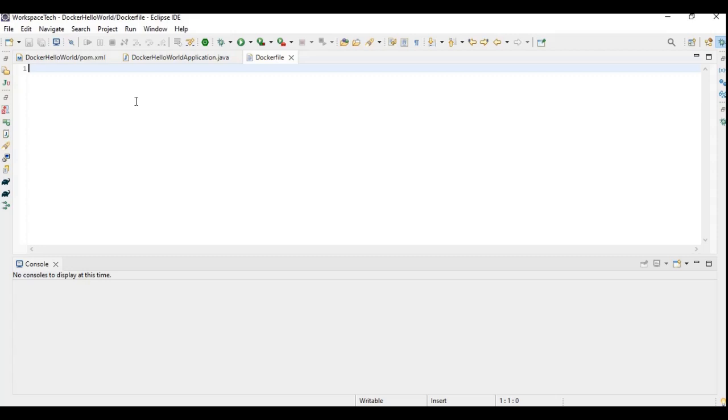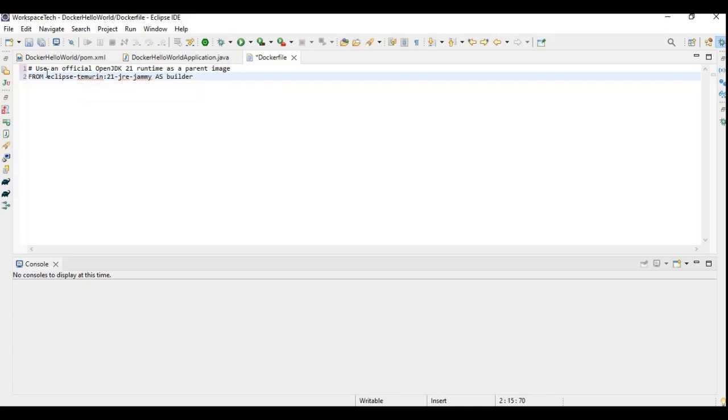The first step is that we need to specify the base image, that is Java. So we have Java code, so we will have to compile our Java application using OpenJDK. OpenJDK is open source, that is why we will be using it, and we have to write a command to run that. So basically, if you go by the wording, this is the first step that we will be writing. That is our official JDK 21 runtime parent image. So this is our base image that will be telling Docker that you have to compile our code in Java version 21. We are using OpenJDK version 21 because it is open source. So this is our first step.